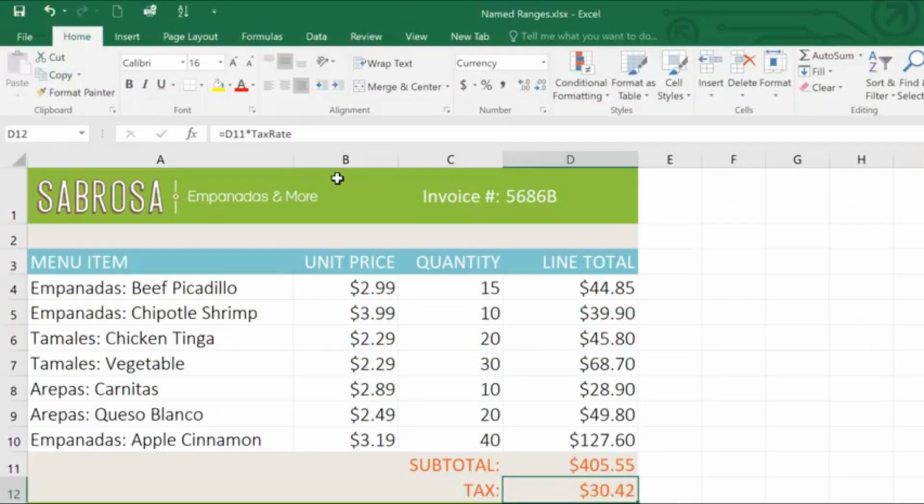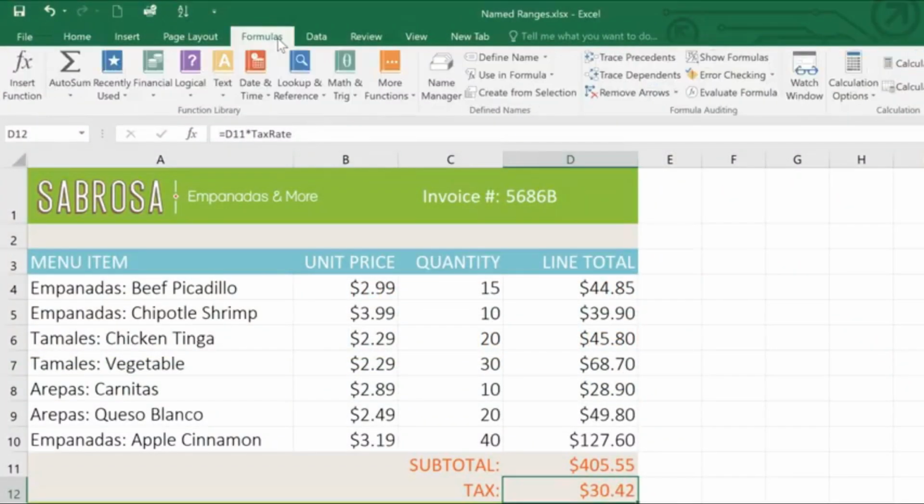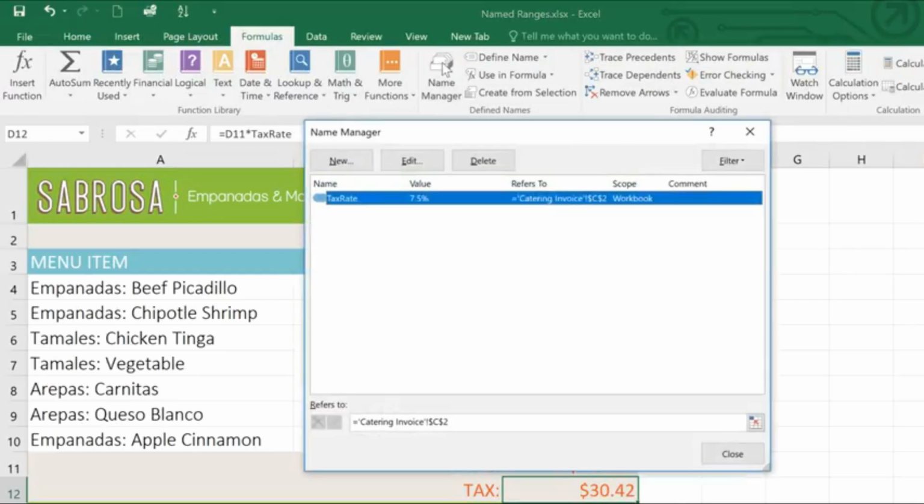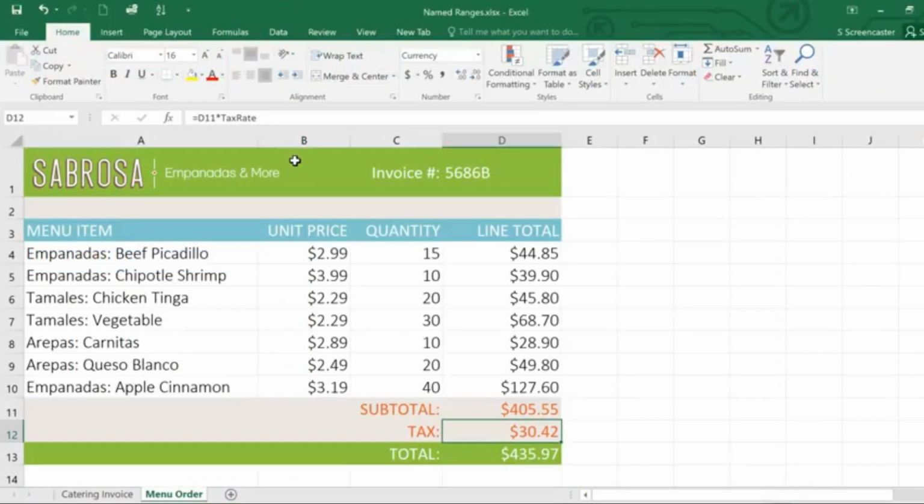If you ever need to change a named range, just go to the Formulas tab and click Name Manager. You'll see a list of all of the names in the workbook, as well as some tools to edit or delete the names. So if there are any important cells or cell ranges in your spreadsheets, you might want to